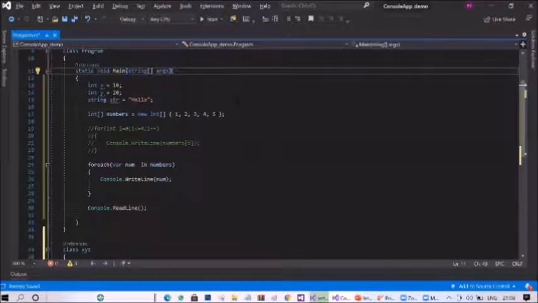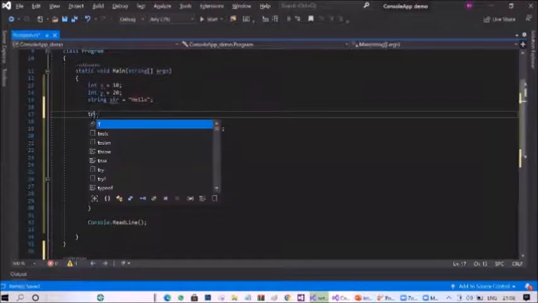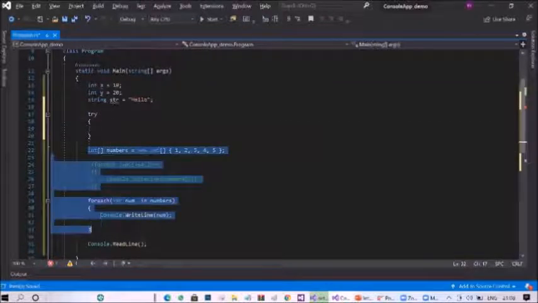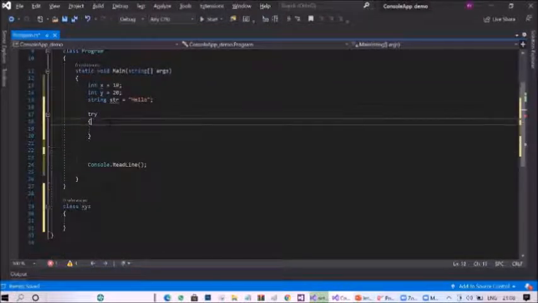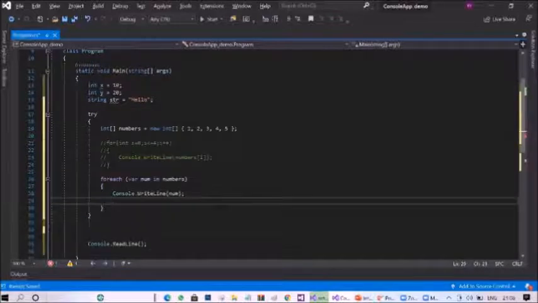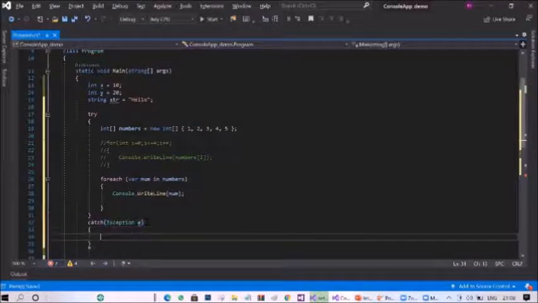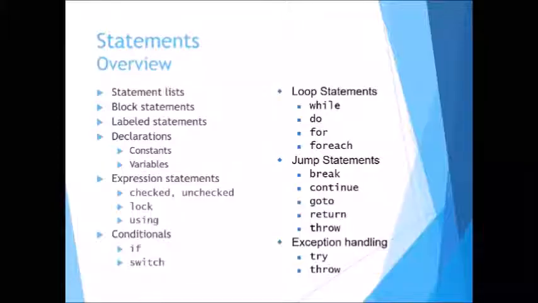See, exception handling means if there are any runtime errors, they will be caught by a try catch method. How do you give try? Within that, we need to give the block of code. Then what will you do? Inside this, catch and give the exception. If you have any exception, you can throw the exception from here. So try catch is also another exception handling statement.